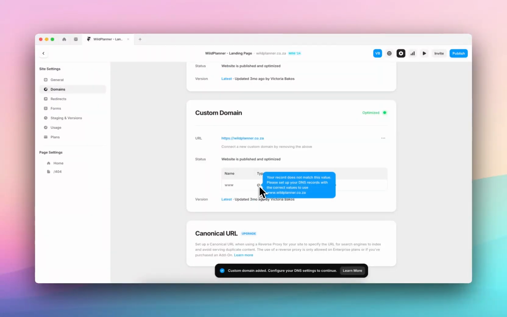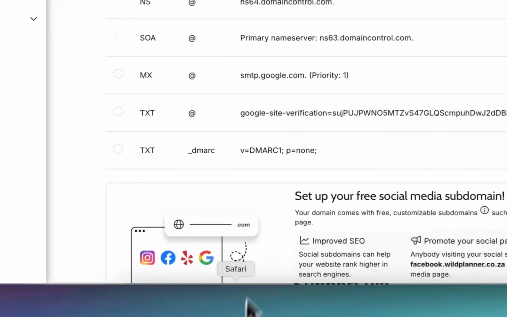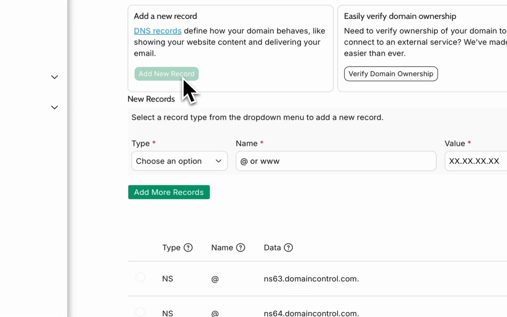So you will see here, usually it will give you two A records and a CNAME record, and because I've had this published before, it is only giving me a CNAME record. So what you can do is simply see the name, the type, and the value. If we're using the CNAME record as an example, you would go into your DNS settings, you would add a new record,